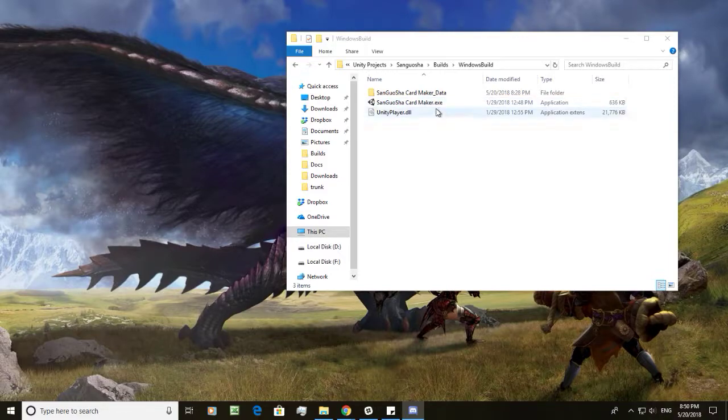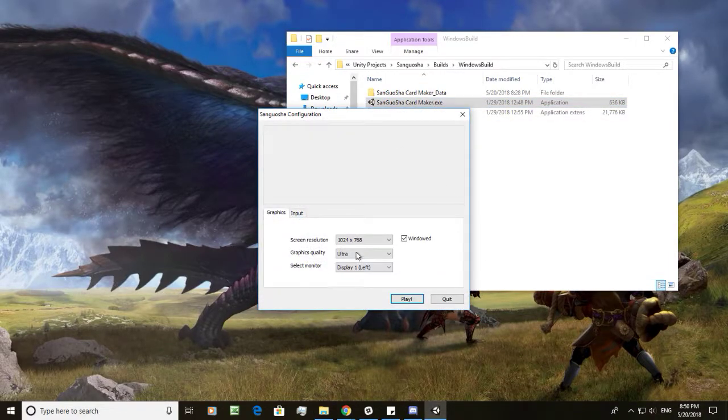Okay, cool. So, pretty simple. I recommend the screen resolution to be 1024 by 768. And then make sure it's in window mode, that way you can just